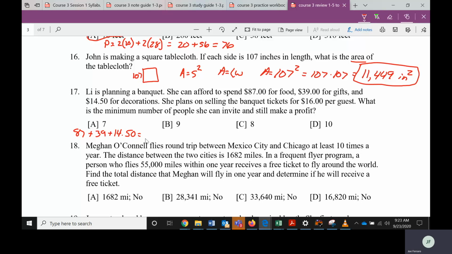And I typed it in my calculator wrong, so I got to redo it. 87 plus 39 plus 14.50. And that equals $140.50. Okay, so that's how much it cost her. Okay, so she is selling them for $16. So we have 16 times something,